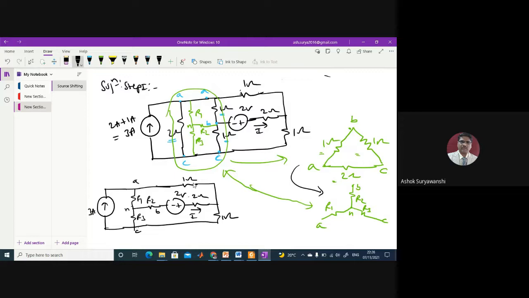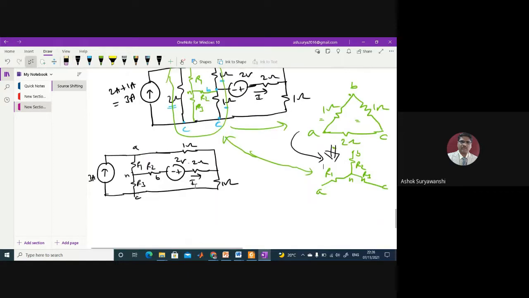Okay, so we have transformed this delta formed by 2 ohm, 1 ohm, 1 ohm. So this delta is transformed into the star. But now what are the values of this R1, R2, R3? So I'll write here. Those who know the formulas, they will understand. If you don't know, then you can go through your BEE. So R1 is, suppose I'll just draw this circuit diagram here. The star I will draw inside the delta. So this is your R2, this is your R1, and this is your R3.